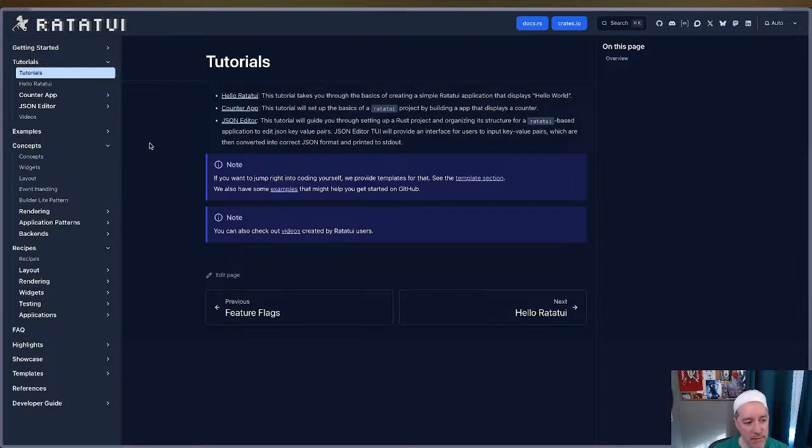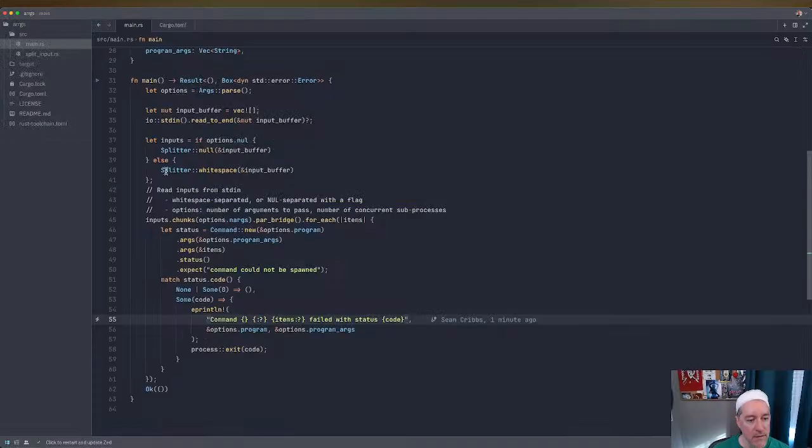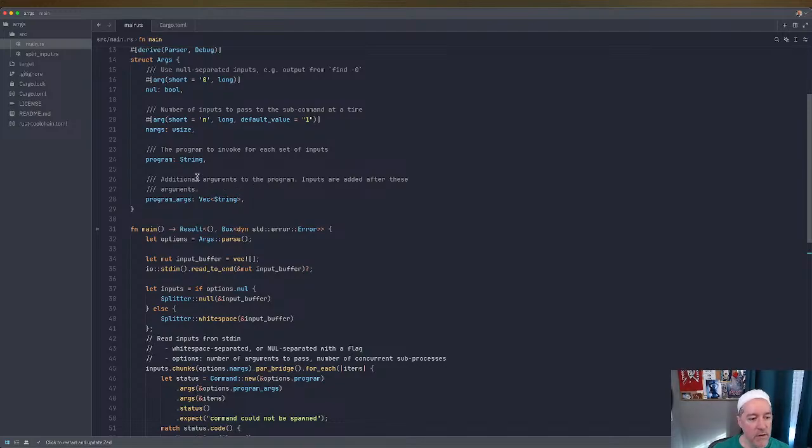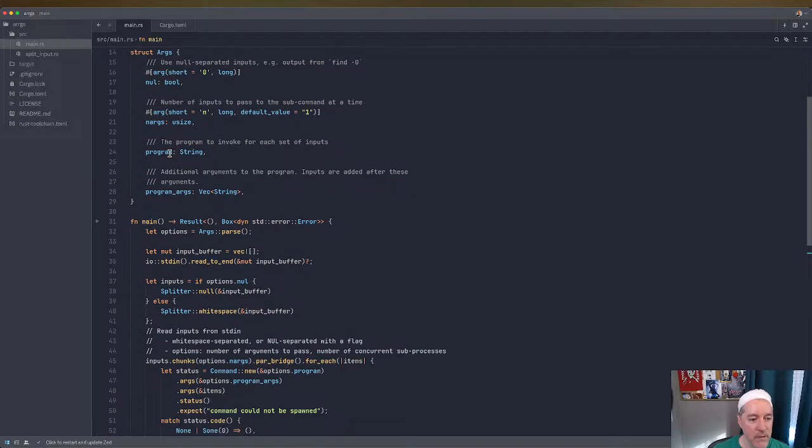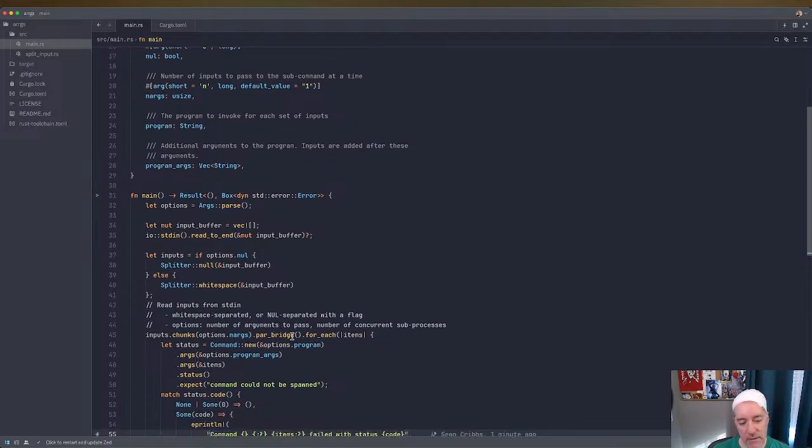Having a TUI is a very different kind of pattern. So we might want to have some flags here that will be, oh yeah, there's also, we might want to add the number of